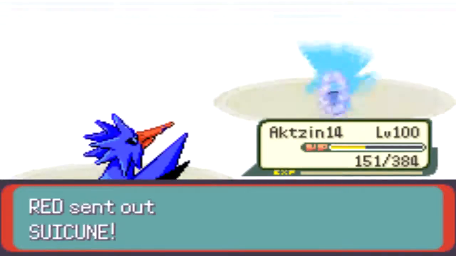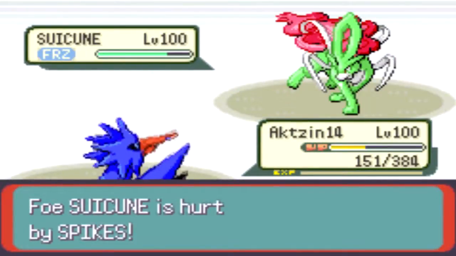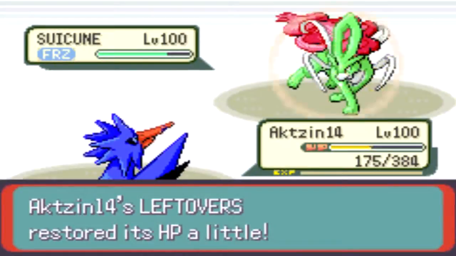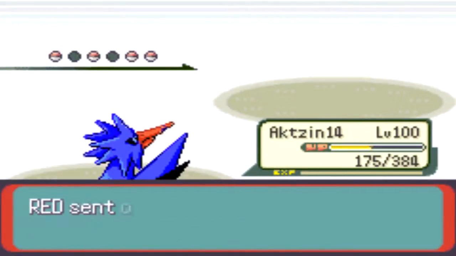So I'm going to be going for a switch back out into my Azumarill, knowing that he's going to be switching out into a Suicune because he wants that thing to get unthawed as easily and as painlessly as possible. That's why he was just trying to go into it, because he knows my Swampert really can't do anything to it. So I predicted that, and now I'm going to be going for a Rest